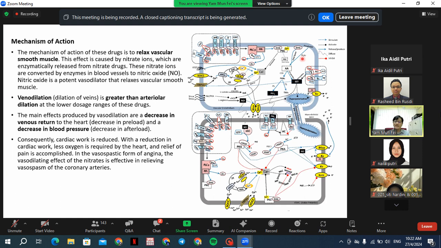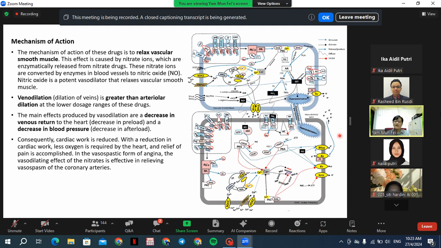Look at the right hand side. This is the vascular tone of your blood vessel, especially the artery. What is vascular tone? Vascular tone is the mechanism of contraction and relaxation. They call it vascular tone. So there are two main parts in your blood vessel. One is the endothelium, one is the smooth muscle. The upper part is the endothelium, the lower part is the smooth muscle. Okay,